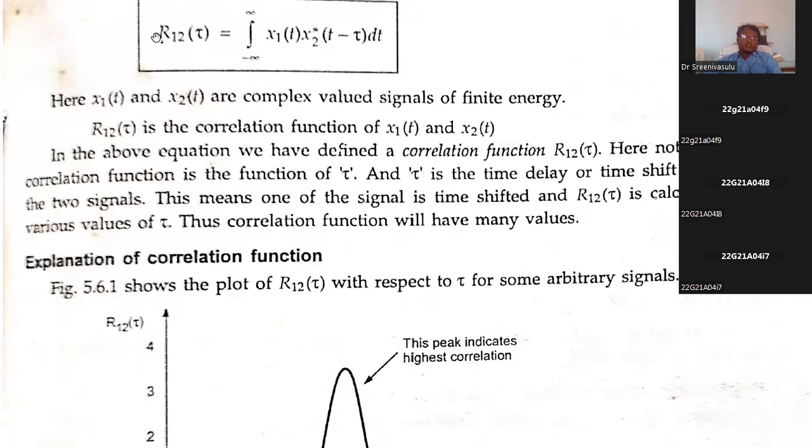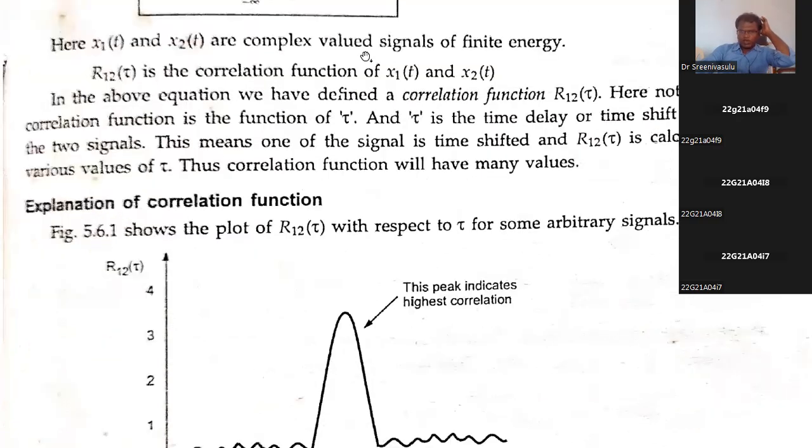It is very familiar because in the PTSP, we know about this R term. So R indicates the correlation term. Tau indicates the shift, based on the tau value. Suppose it is positive, it is delayed. If it is negative, it is advanced. We are going to perform a shifting operation on one signal. That is the idea of this formula.